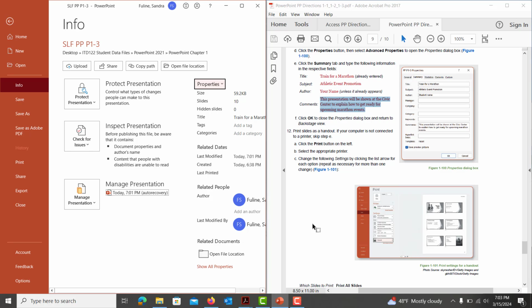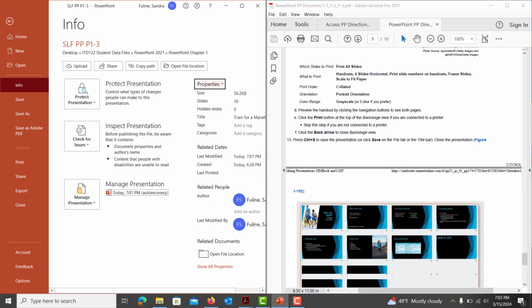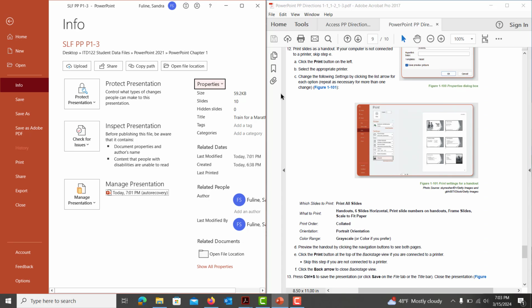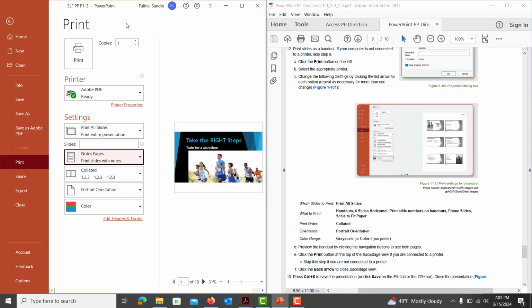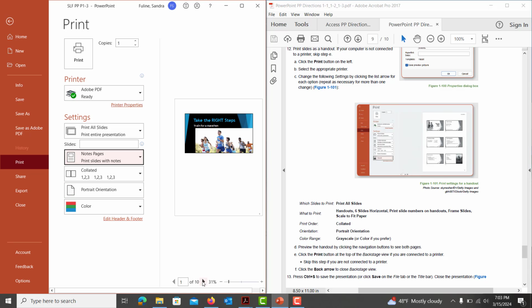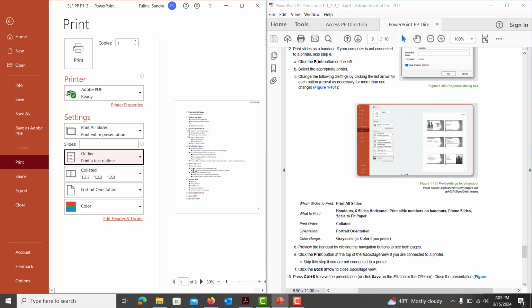And it goes over a little bit about printing. So if you wanted to print this in a grayscale view, you can. You can also print it in... I'll show you print. You can also print notes pages, which are really nice, and those will give you notes on each slide if you have notes. We get into that in chapter 3, but you can also print an outline view,